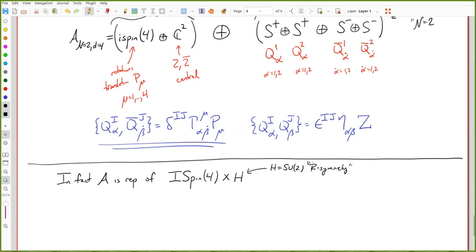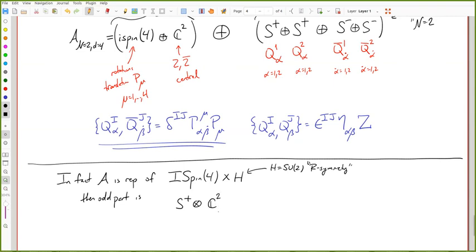So this is a symmetry that I said acts on the field space, but it also acts on the algebra, and acts compatibly on the algebra. When we write it as a representation of the spin group, in addition to this SU2, then we see, so before, it might have looked a little funny, we just have 2 copies of everything, but now, when we write it as a representation of the R symmetry as well, then the statement is that we have, it's not just 2 copies of S plus, but rather it's S plus tensor with the 2-dimensional representation of